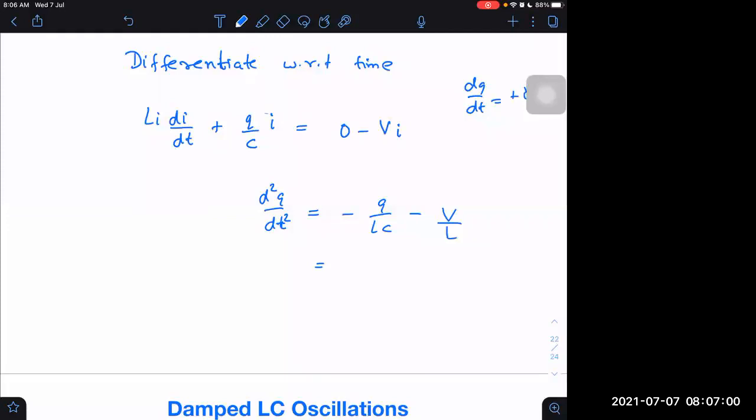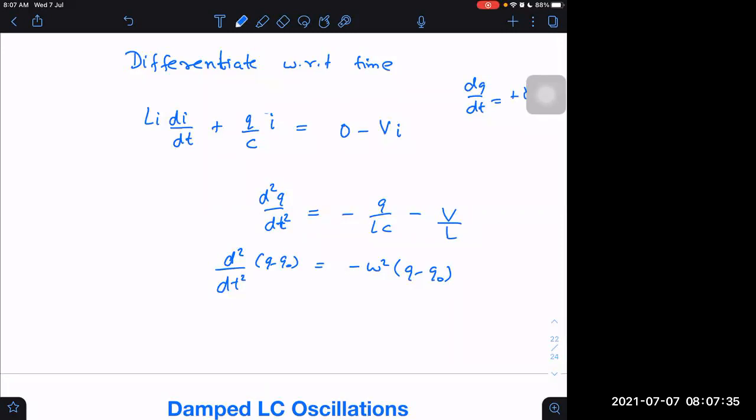Then I want to take common and write it as q minus q naught, minus of omega square into q minus q naught is equal to d square by dt square of q minus q naught. I can write in that way or not? Q naught is just constant. Derivative of constant will be 0, so it doesn't make a difference. And now it is a proper normal SHM equation the way we write. Only difference is that now we will be writing q minus q naught as a cos omega t or a sin omega t. Instead of q, we will write q minus q naught as that.